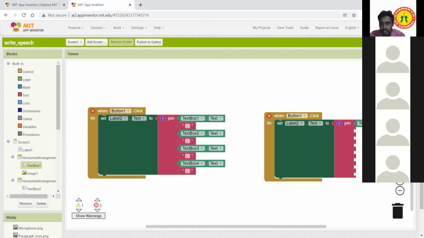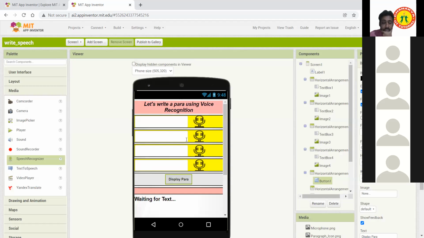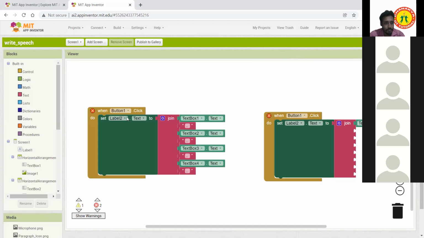So here, if you click this button and you say, "My name is X and Y." Okay, so you say my name is Vidyasagar, I'm saying my name is Vidyasagar, so it will just print my name is Vidyasagar. It will not give any full stop. So we need to give a full stop, because in the result we are going to print a paragraph. So how do you get a full stop?